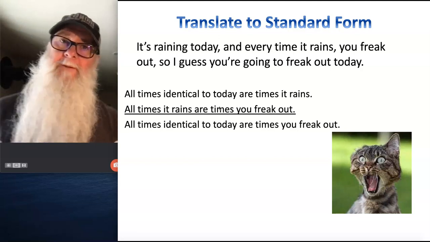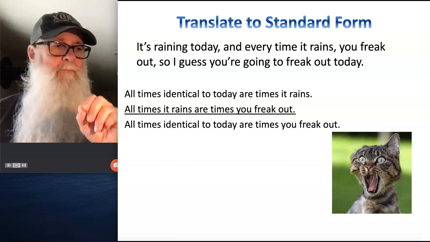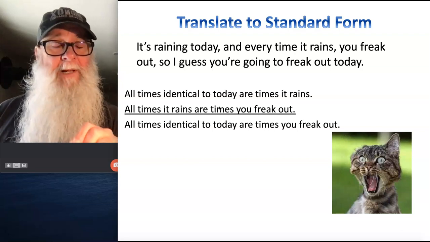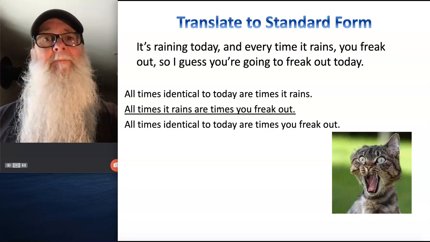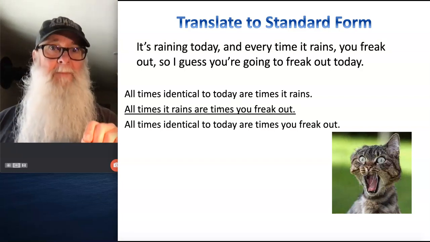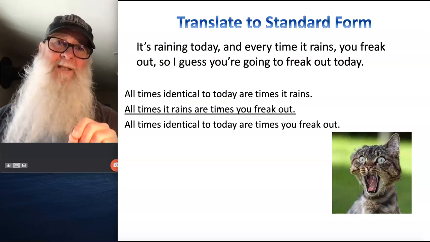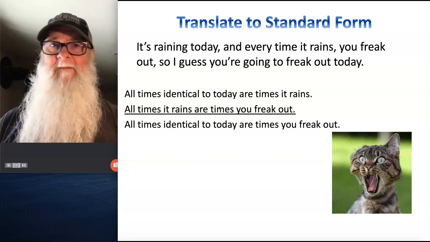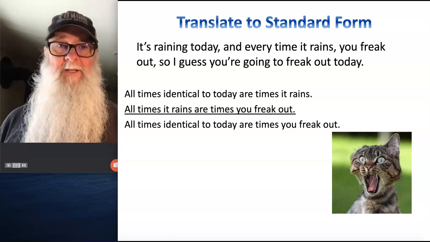What I see a lot of folks do is they'll write their argument out, kind of like I have it on the screen here. And then they will draw a line with their pen or pencil from the predicate term in the conclusion up into the first premise where that same term appears. And then they'll do the same thing with the subject of the conclusion, the minor term. They'll draw a line from where it appears in the conclusion to where it appears in that second premise. And that way they can visually verify for themselves, I have my premises in the correct order, and now I can go about evaluating these other criteria.